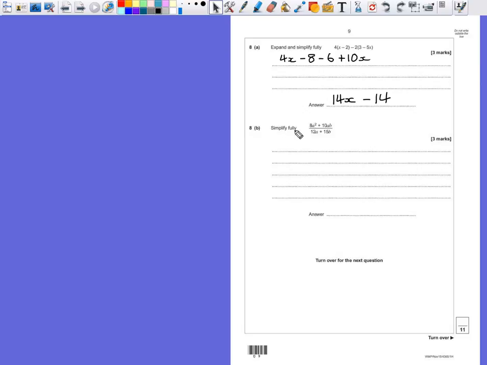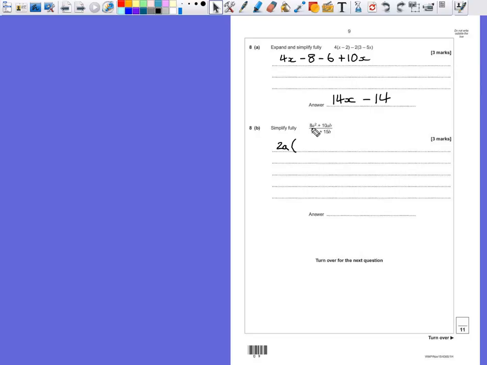Question 8, Part B. Simplify fully 8a squared plus 10ab all over 10a plus 15b. To be able to simplify anything which has a quadratic or different values on the top and bottom, the first step is to try and factorise both and see if there's a common pair that can be taken out, can cancel each other out. If we look on the top, 8 and 10, I could take 2 out as a common factor. A is also a common factor, so we can take 2a away from both of those expressions, which leaves us with